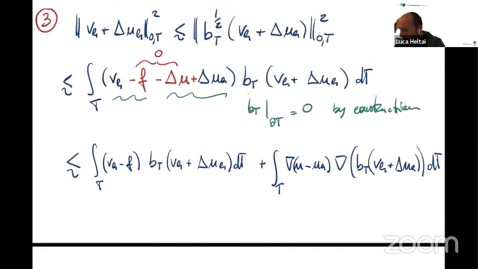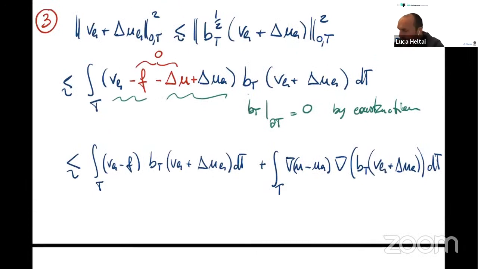And now I observe the following thing. I can use Schwarz inequality in all of the terms I have here. So I can Schwarz this together with that, and I can Schwarz this together with that. And here I exploit the fact that this object is a polynomial times a bubble function. And I exploit the fact that this is exactly the error that I'm looking for. All right, so if I look at these two terms, what I obtain here is this is the norm of